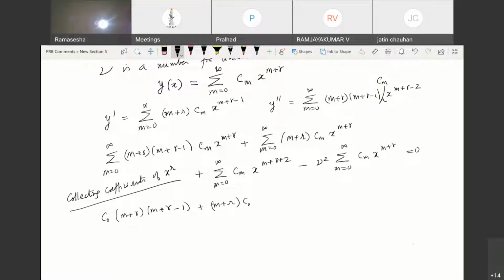Okay, and this term will give me minus nu squared times c naught is equal to 0. So as